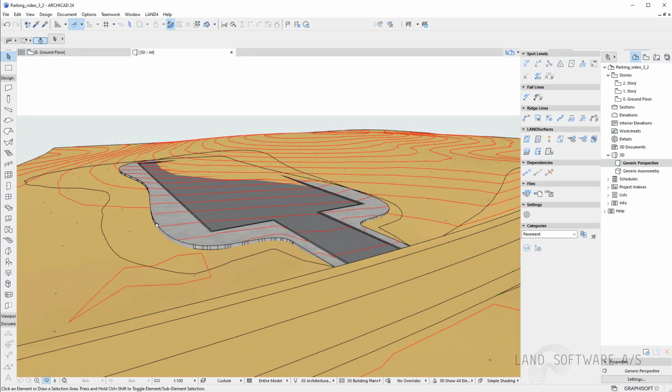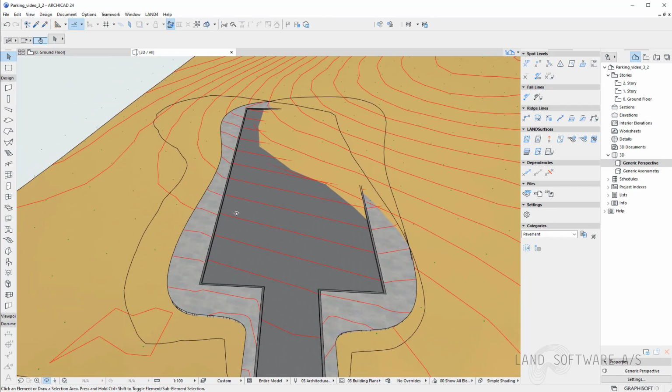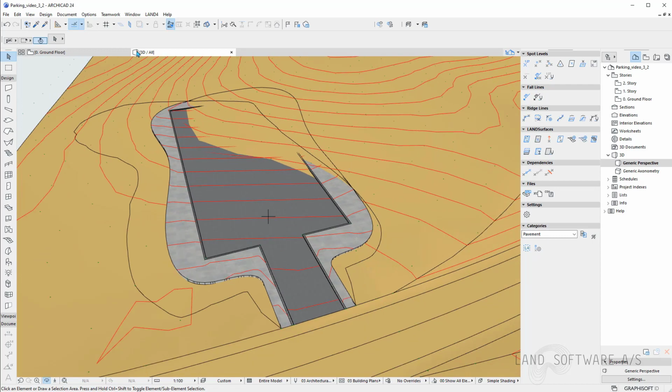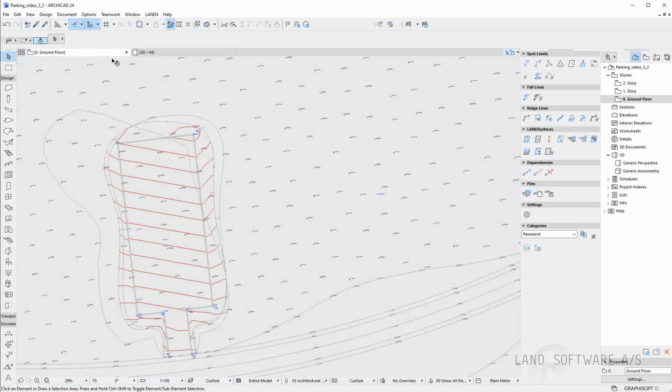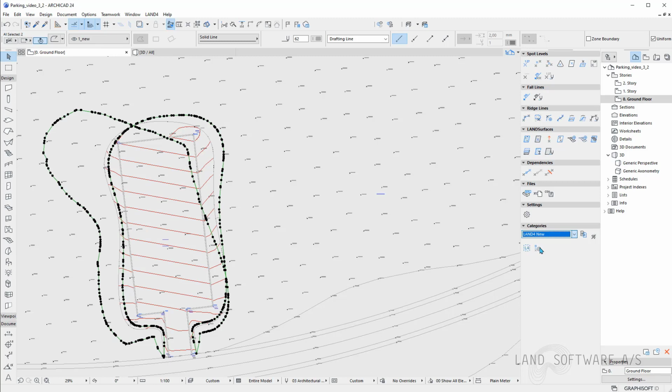So we can now see that the fill can be balanced out and the cut is closer to the construction site. Now having these lines, I can finally start and construct the new terrain with the help of the lines. So I'll make sure I'll place them in the new category.